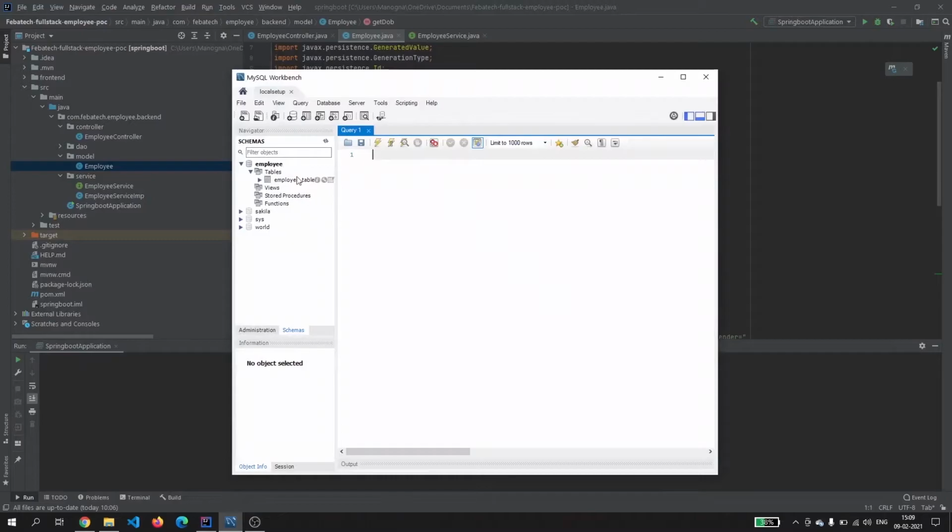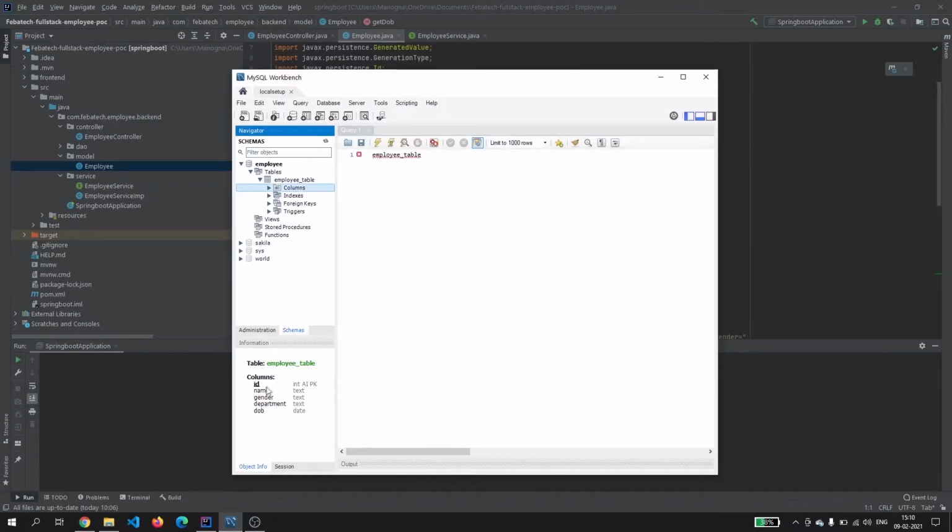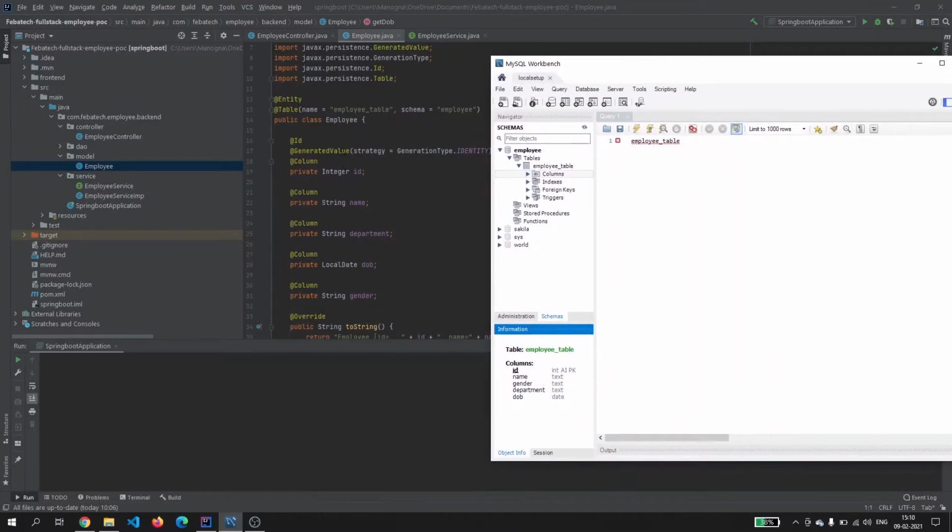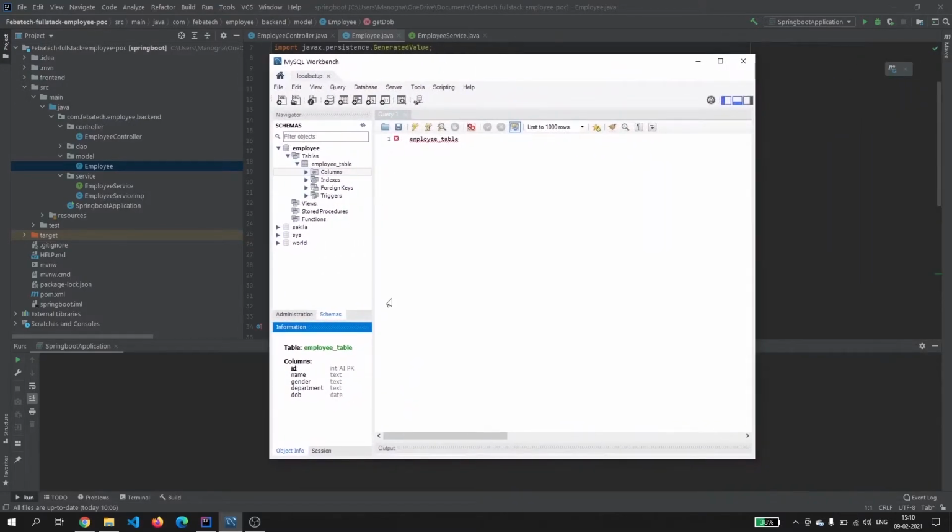So let us just see. This is the database we've created, and here in employee table, we have columns with ID as a primary key, name, which is text, and gender is also text. We have department and date of birth. So all of these are matching with our model. So that has to be made sure. And the schema name and also the table name are the same. So once that is done, we'll see